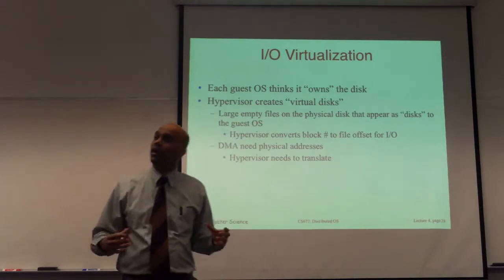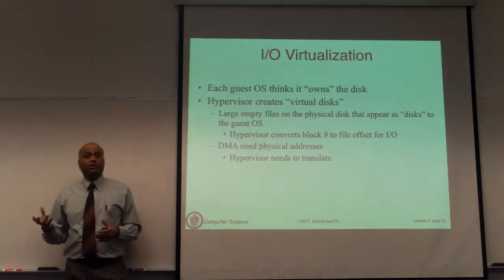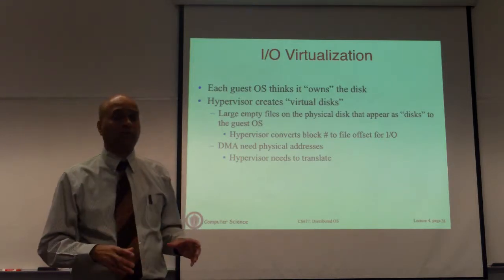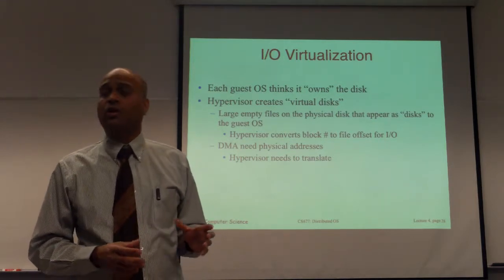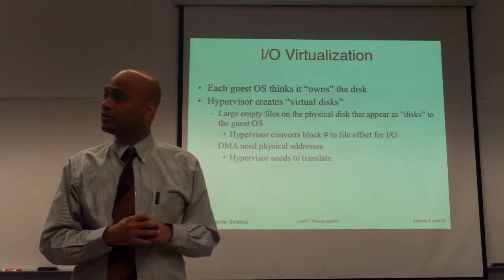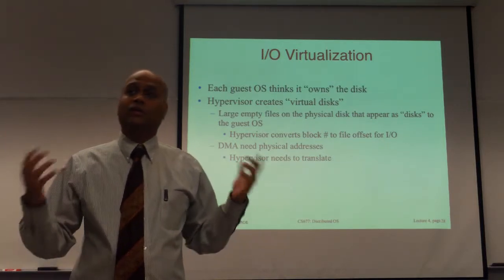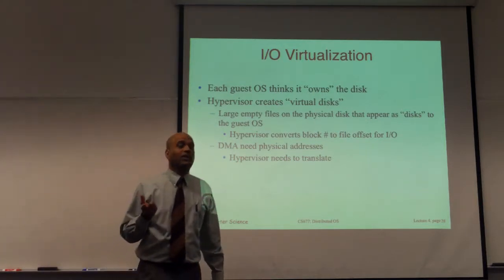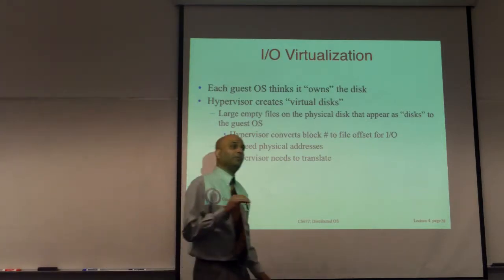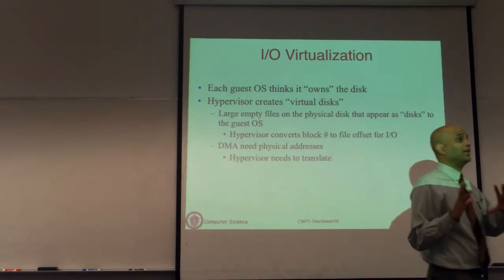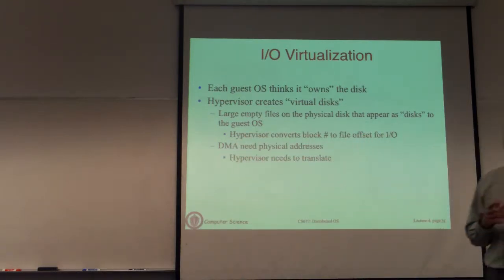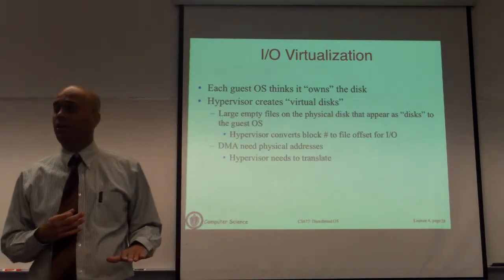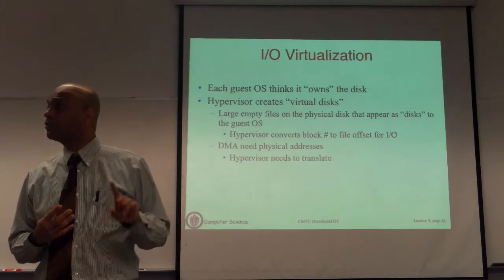So those essentially allow you to store data for the OS and the application that runs inside the virtual machine onto a physical disk. So you could basically construct a virtual disk. A virtual disk is essentially a large file and you store it on the physical disk. This virtual disk is then mounted inside the virtual machine. So as far as the VM is concerned, this large file appears as a real disk to it, even though it's actually a file in the underlying host operating system. Okay, so that's one thing.